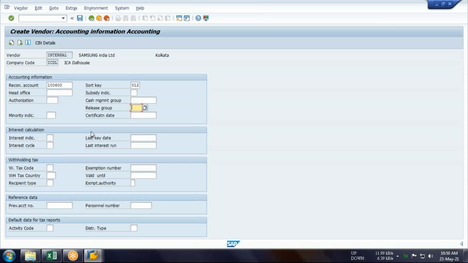It is nothing but the vendor GL. Is everyone getting this?